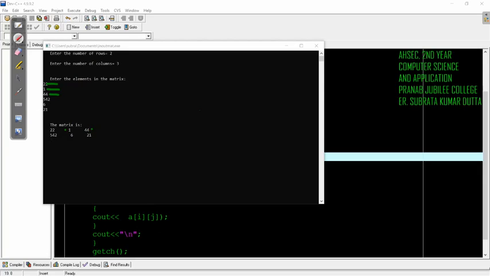So in the second row, the fourth element that I have entered is stored in 1, 0, then 1, 1 and 1, 2, right? So see, the number of rows that I have entered is 2, so here the number of rows is 2, right? And the number of columns that I have entered was 3, so 3 columns, right? So it is correct.